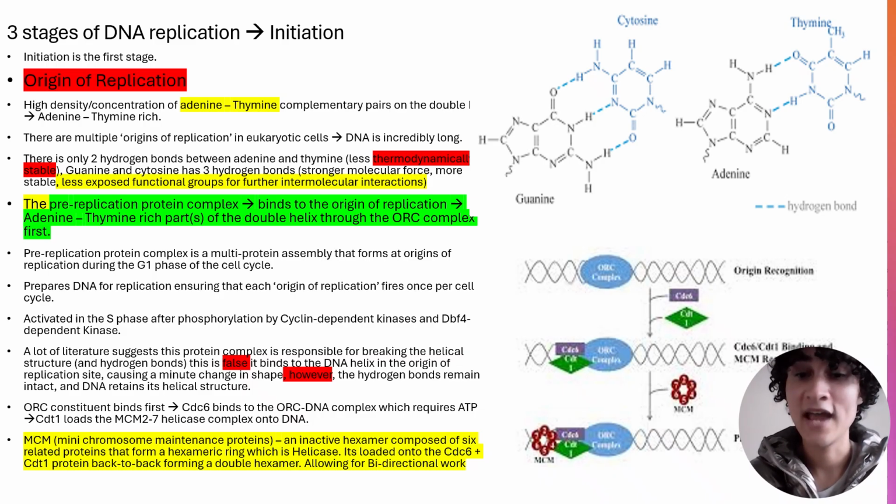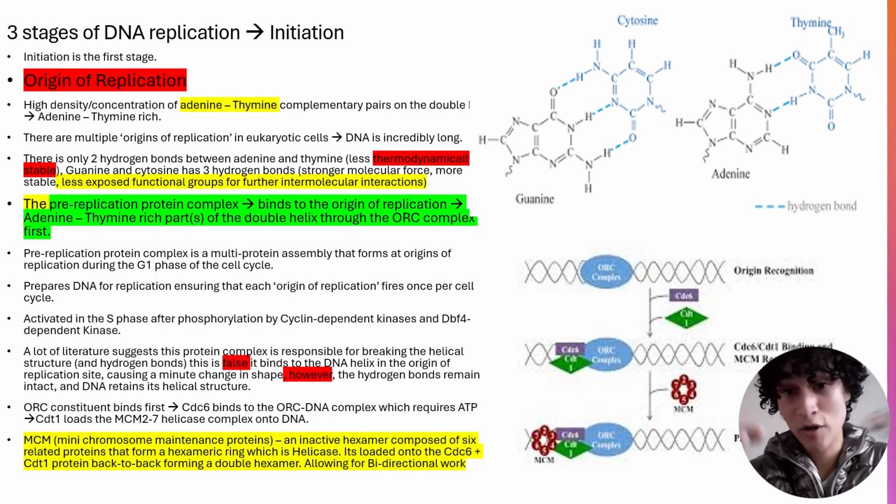So there's 2 hexameric helicases loaded back to back, and that allows for that bidirectional travel of helicase because it's this active motor protein. It allows it to offload and split the double helix in either direction, exposing both those template strands. Now, when the CDC6 complex binds to the ORC DNA complex, that requires ATP, and then